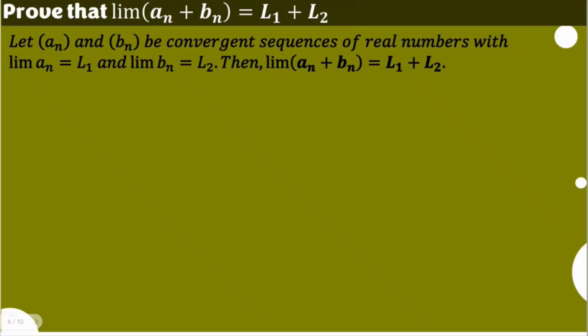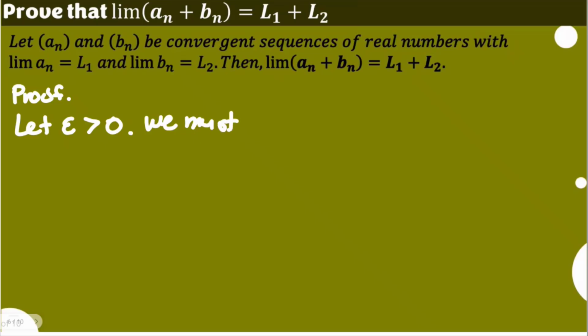We're talking about epsilon because part of the definition is to let an epsilon greater than 0. So we'll have this part of the proof. We start with letting epsilon be greater than 0, however small that is. We must show that